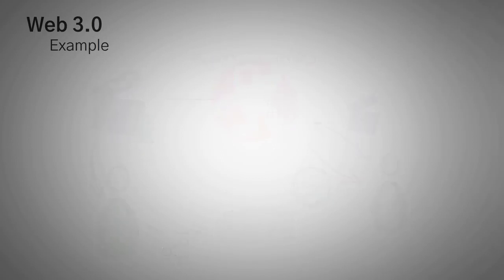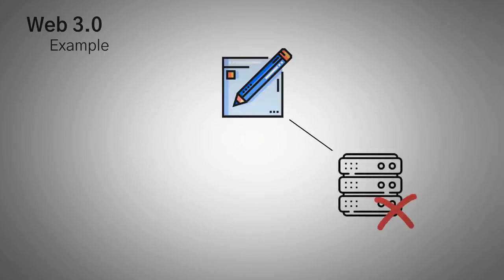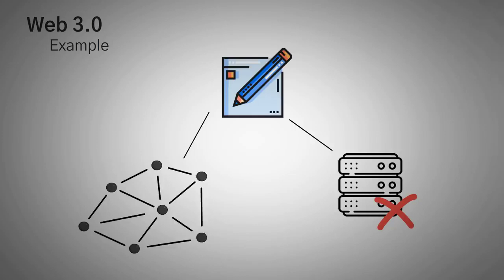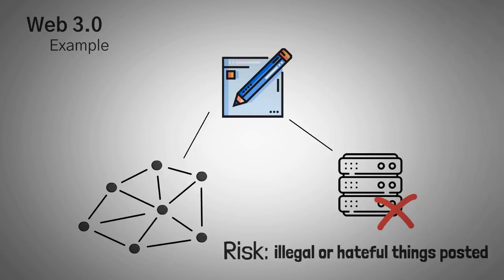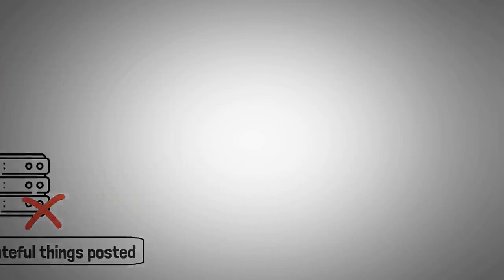To expand on this, your post couldn't get taken down because your post wouldn't just be on one of Facebook's servers. It would theoretically be on thousands of computers around the world, ensuring that the blockchain social network you're on is not attacked or censored. Theoretically, this means there would be a lot of illegal and hateful things posted, but it would be in the name of freedom, of which the users of the networks could probably decide on a system to reduce that harmful content. But that's for another video.